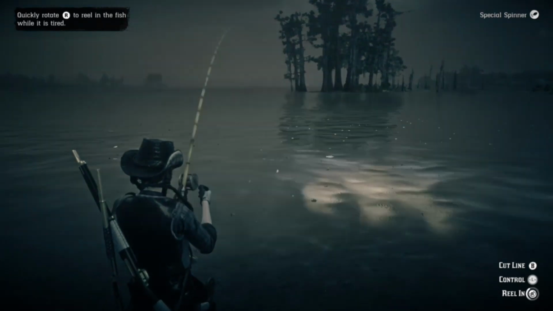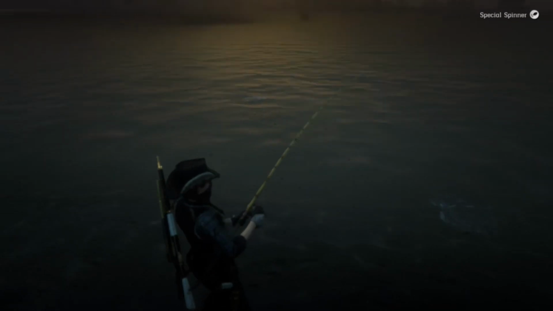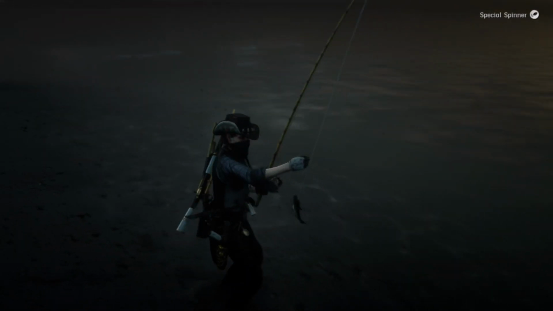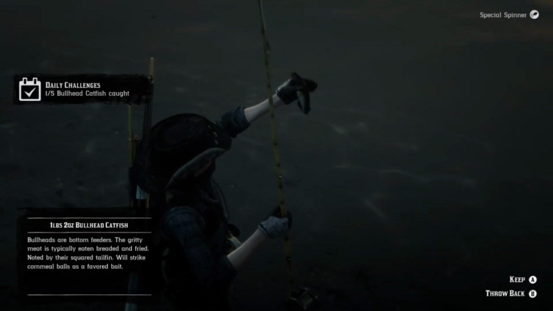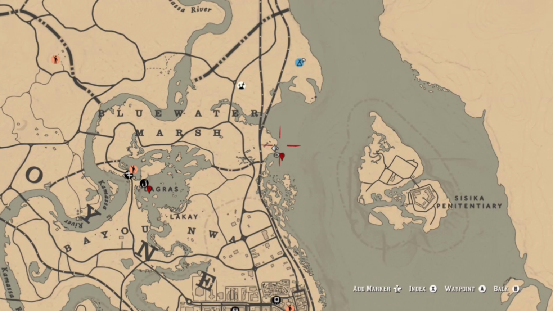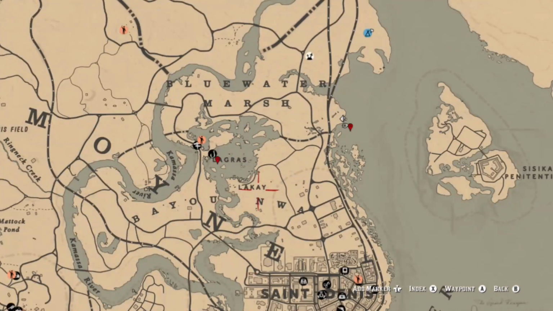So for bullhead catfish, if you turn your eagle eye on, you can locate them pretty easily. They have a fat head, a fat body, and a skinny tail. I'm going to show you this location on the map where I like to go to get them. But you also can find them in the bayou. Now in these waters here, you can also find your fish for your flaky fish, which we'll talk about in